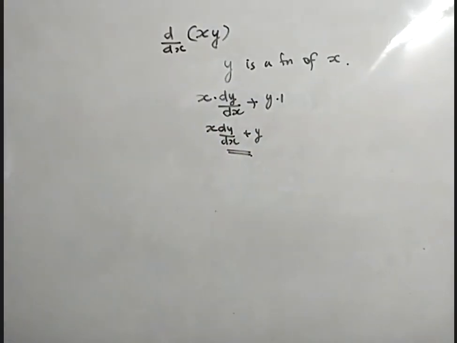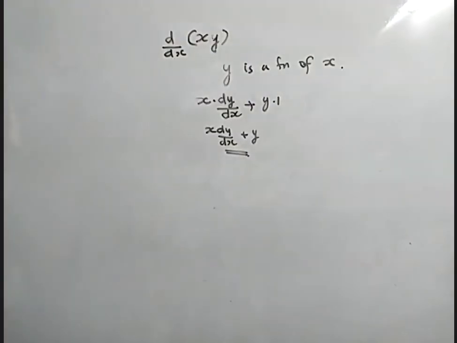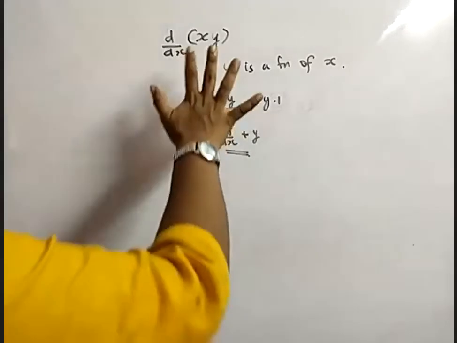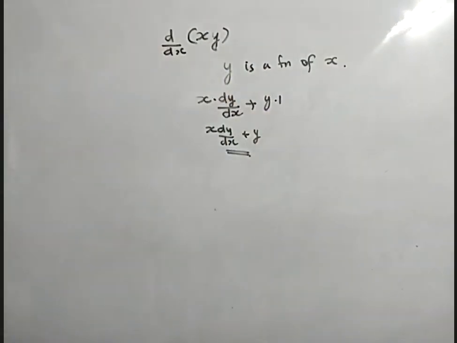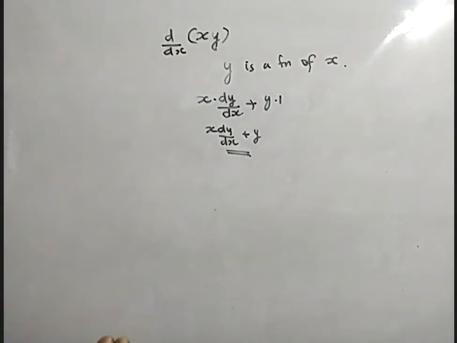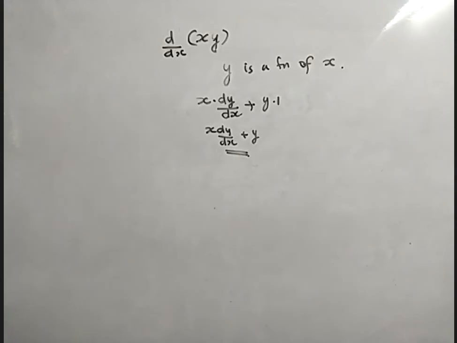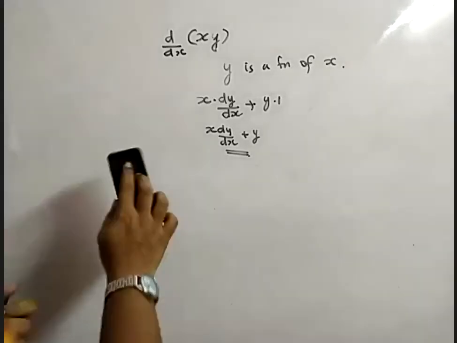So suppose you are seeing a y in your question, and given that y is a function of x, or always we take y as a function of x, then you can just write the derivative of y as dy by dx. Clear? So I am introducing a new variable y in this chapter. What is y? y is a function of x. Suppose you are seeing y in a question and you need to take the derivative, then you can write the derivative of y as dy by dx. Only that much. Okay, so write down the next question.